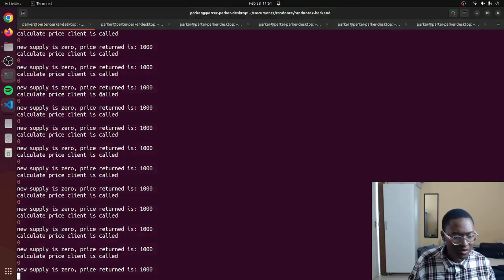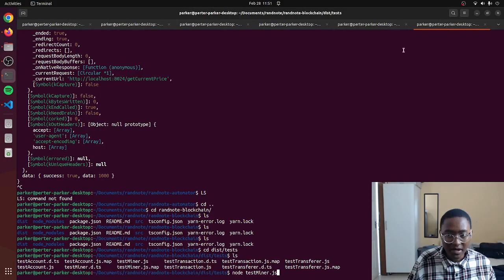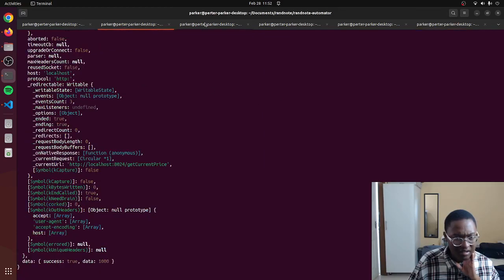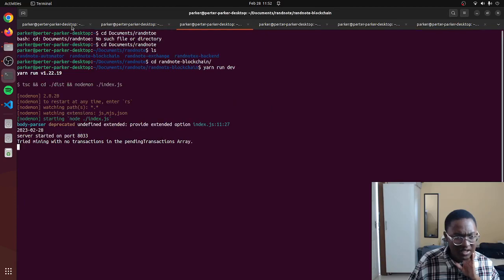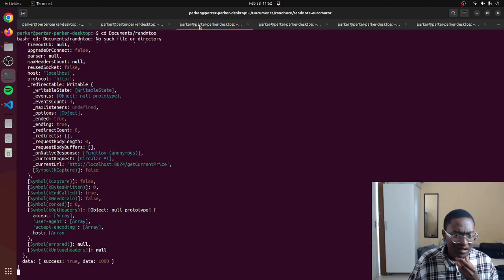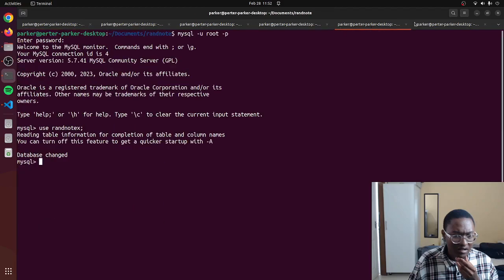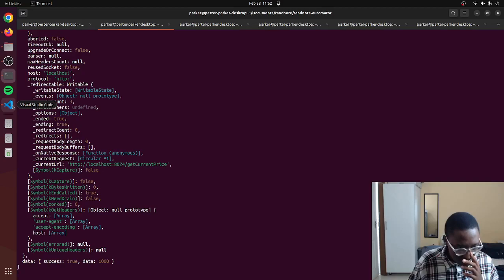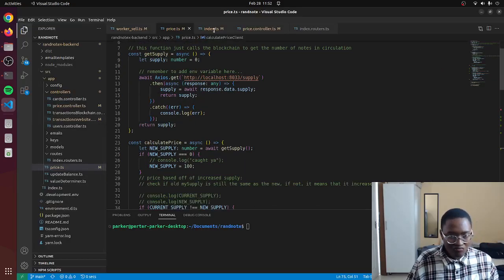Okay, so this is happening, so now I'm gonna mine. Mine. There aren't transactions to mine. Tried mining with no transactions. So what's going on? Is it not making new transactions? Okay, so there's something wrong with my